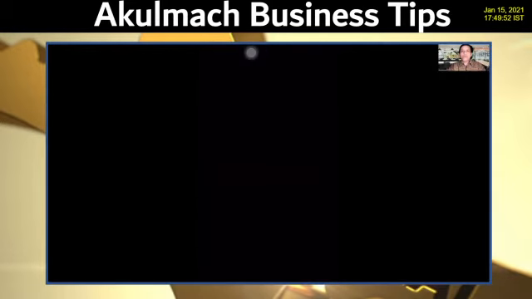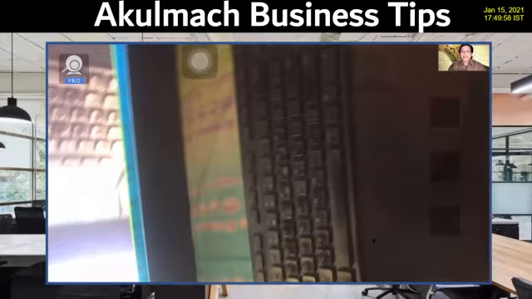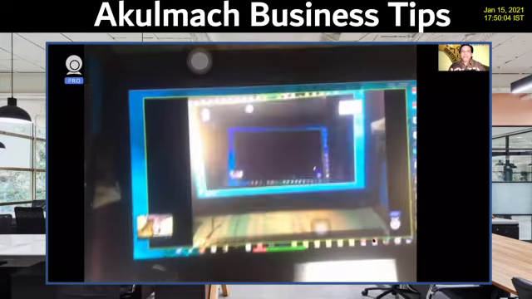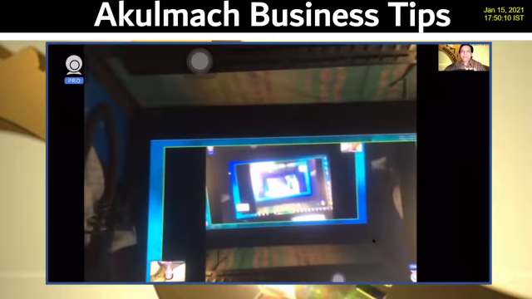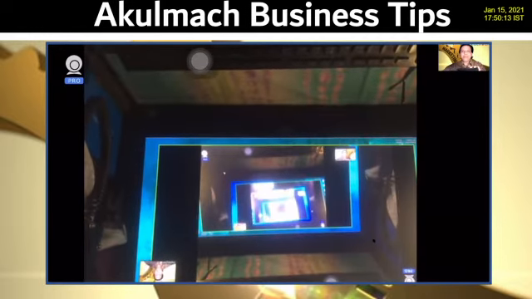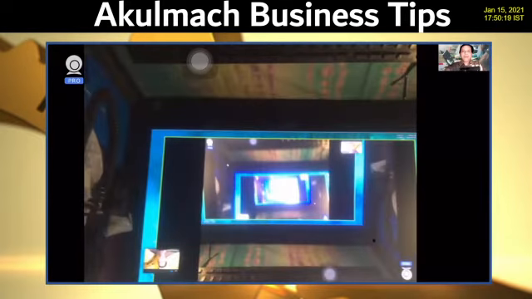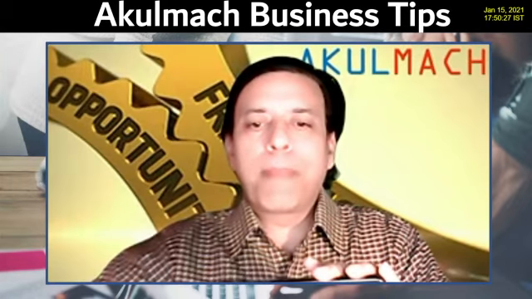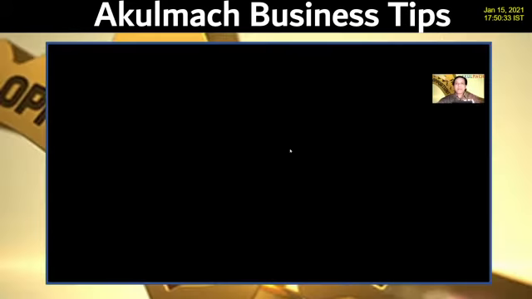Once you install it and open it, it will detect the session that you're running. As you can see, whatever I'm seeing, it is showing the same thing on the PC. And boom, my mobile is connected to the PC, and it is showing me a live stream of whatever I'm seeing on the screen itself. Now, having done this, let's see how to configure this on the PC. So we'll come back to the PC and start seeing the PC console.